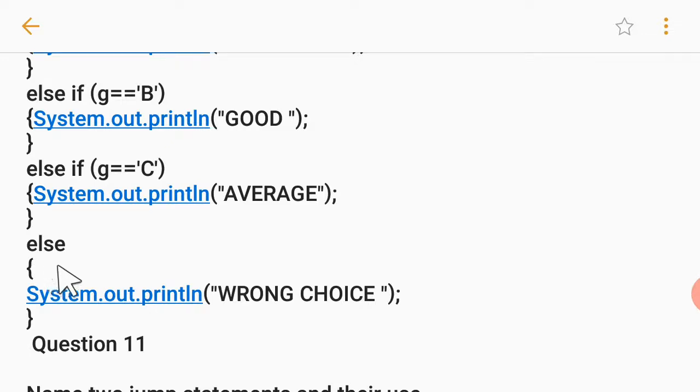Else covers everything not covered by these conditions. It's a very powerful statement, and there is no if, so there is no condition, just a plain else is fine. Then you open the curly brace and write System.out.println and in double quotes wrong choice. This print statement is going to print wrong choice, and after that the curly brace is closed.